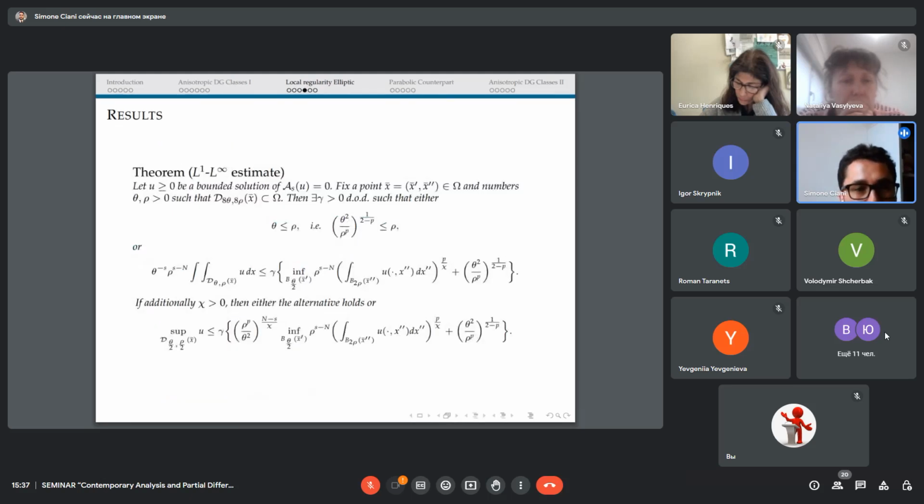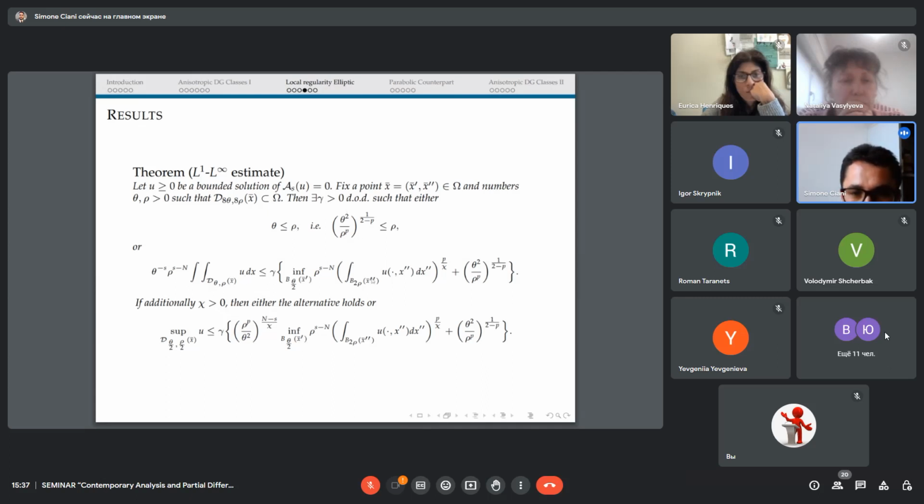The results read as follows. First, we had our L1 L infinity estimate, as I told you before. We picked a solution which was non-negative and bounded already of our equation, fixed a point in omega, and two numbers, theta and rho, such that the intrinsically scaled polydisk or cylinder stayed in omega. For this case, there exists a constant such that either a non-homogeneous statement happened. This is because the equation was non-homogeneous in the sense that we have also something more than the operator,